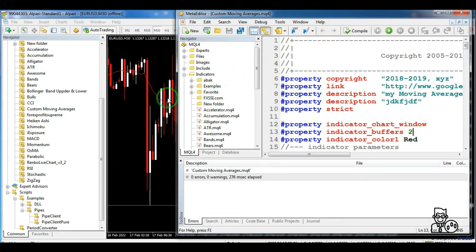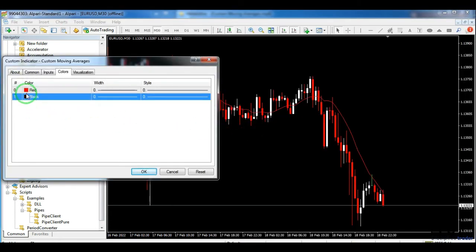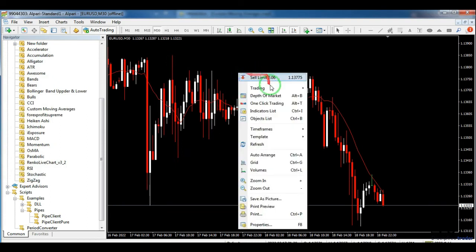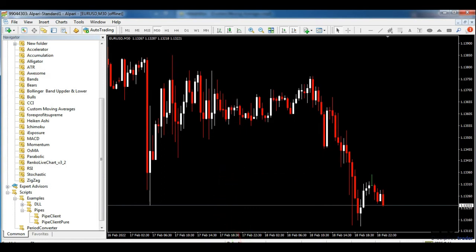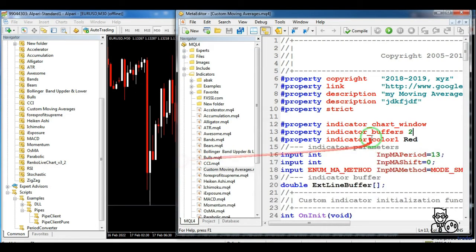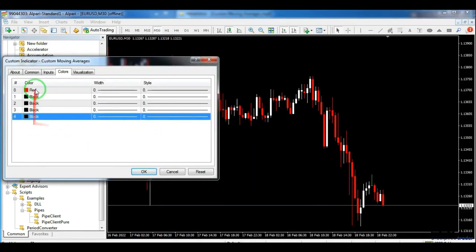I made the changes and compiled to see the changes on the chart together. Once again, I drag this indicator on the chart in the color tab to see that we have 2 buffers here, which starts from 0 and means that it is 0 based. You can add as many as you want here. For example, if I need 5 buffers, it is enough to enter 5 in front of this phrase and compile it. You see, it specified 5 buffers for me.